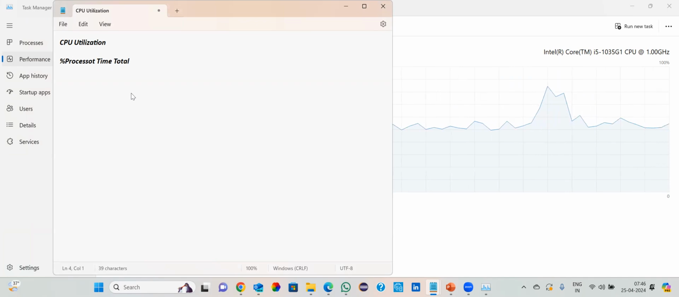Then percentage user time, which is nothing but the amount of time the user is spending on executing the code. If this is high, then it is actually with the user. For example, percentage privilege time is basically the time that the kernel is spending. It is from the operating system side. So you also have